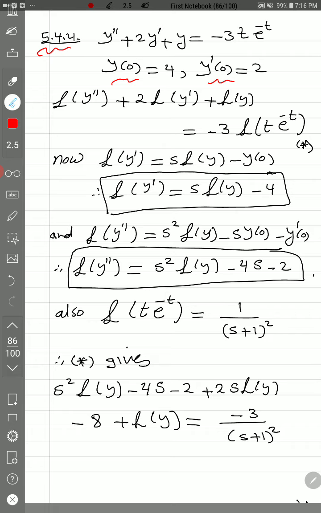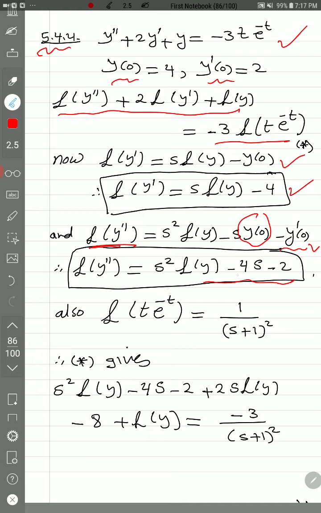Again, we take L for both sides of the equation, as we did here, see? And we take the constant outside. And again, we calculate this time L y prime. We have y of 0 equal 4, so I put it here. We calculate L y double prime, which is very important, I tell you from the beginning. So we need to calculate all these. So L y double prime from the rules, I write it in the beginning. Then we substitute for y of 0 and y prime of 0, and we get here